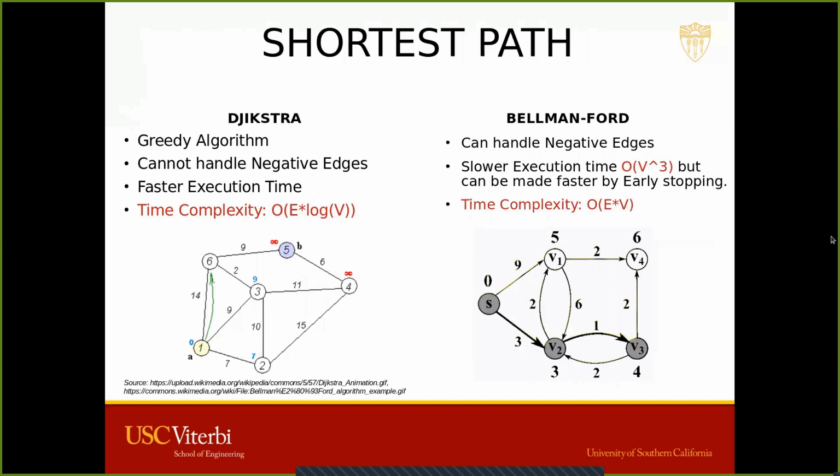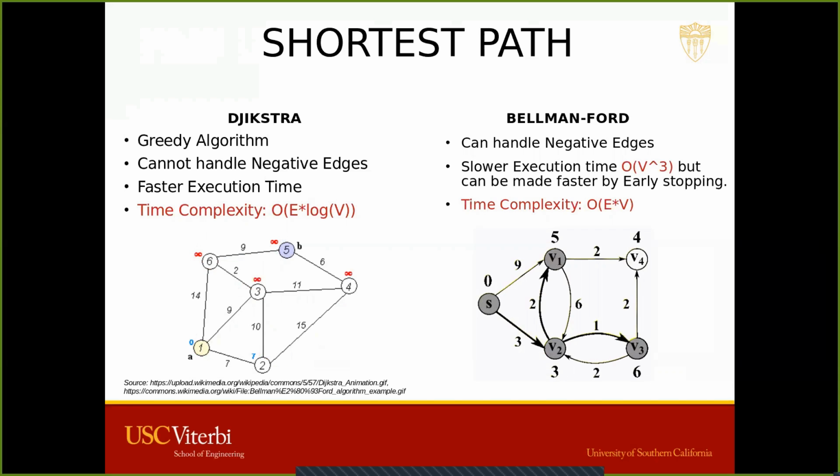The next algorithm implemented is the shortest path, and as the name suggests, we're finding the shortest distance between two locations. Here we've built the Dijkstra as well as the Bellman-Ford algorithms. The Dijkstra algorithm is a greedy algorithm which searches for the nodes with the lowest overall cost, and this algorithm generates the shortest path on the fly. The time complexity for Dijkstra is O(E log V),